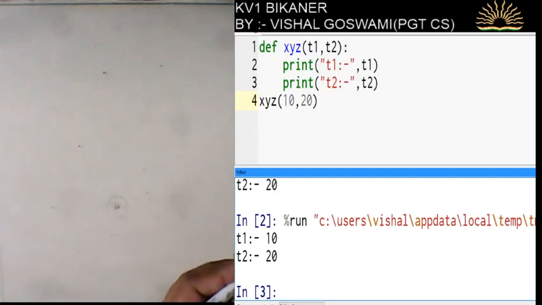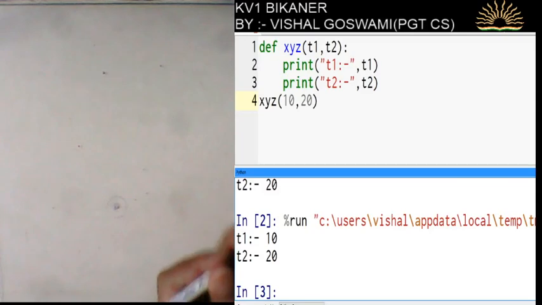Here I have created one function xyz which takes two arguments t1 and t2, and in line number 4 I have called that function with the two values 10 and 20. This 10 and 20 are called actual parameters and t1 and t2 are called formal parameters.